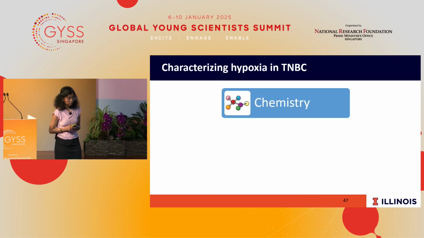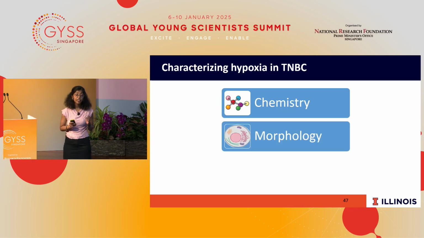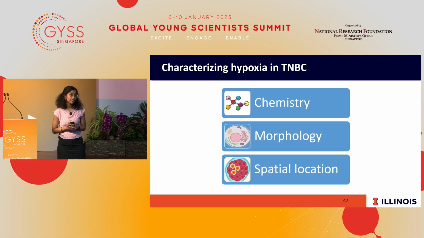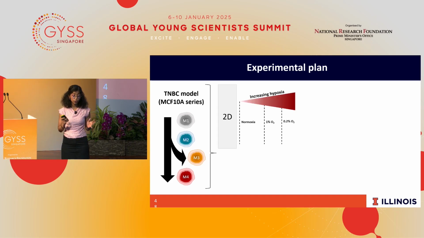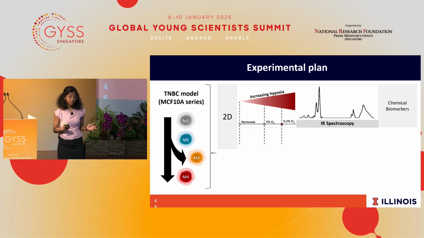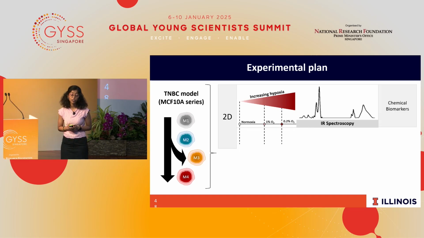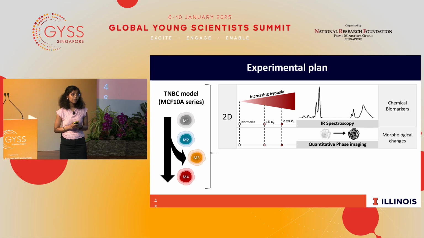So, how we're going to do that is to first characterize them in terms of their chemistry and then their morphology, followed by their spatial distribution. What we're going to do is to grow these cells in 2D and then subject them to different levels of hypoxia and then analyze them using IR spectroscopy to look for chemical biomarkers